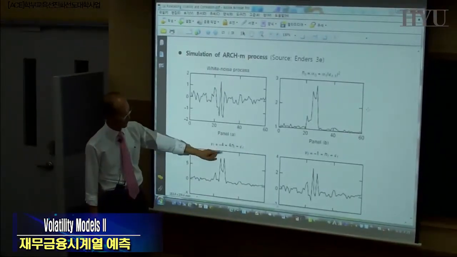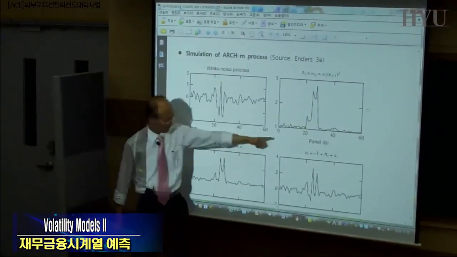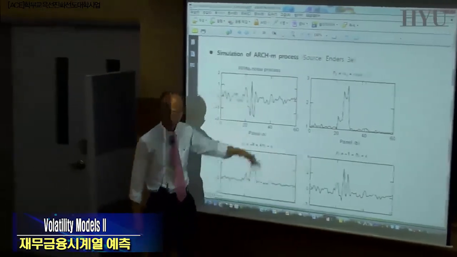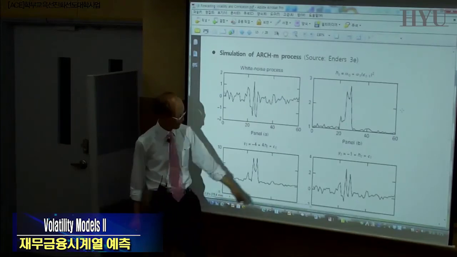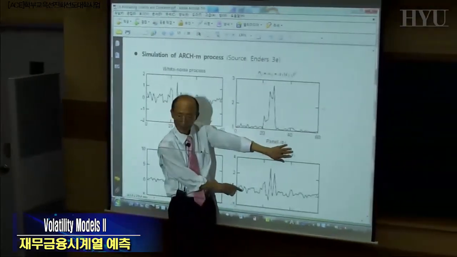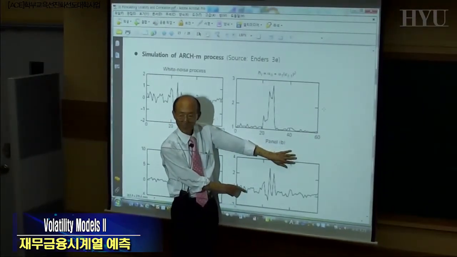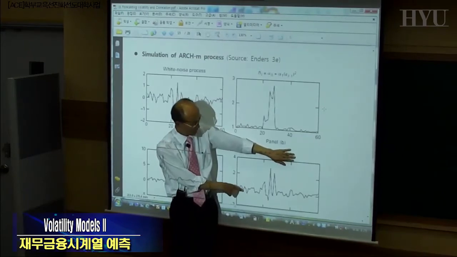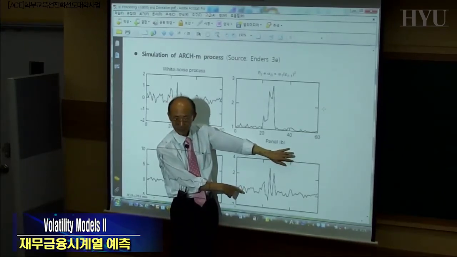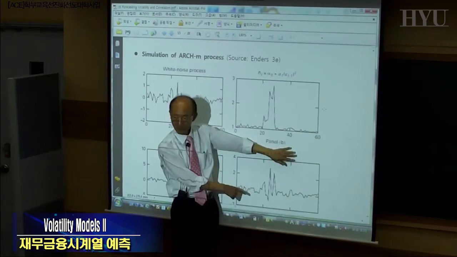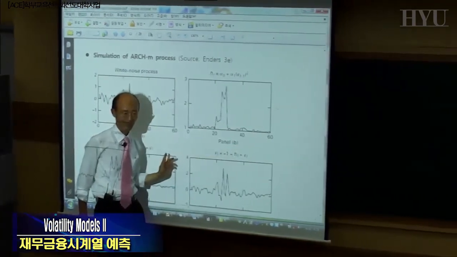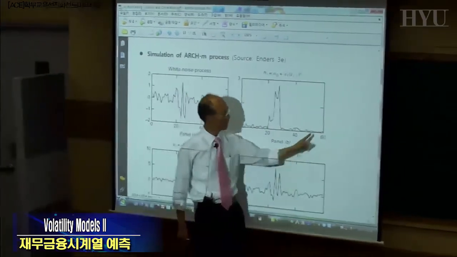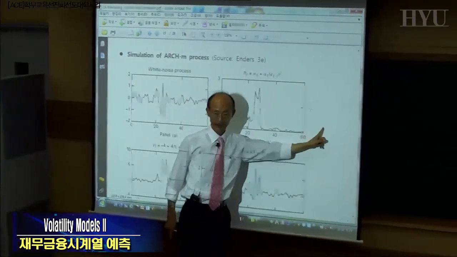Of course, if you change the parameters, you can generate any kind of process. Right? The thing is, you're observing just this kind of data, right? And you want to test whether there is an ARCH or GARCH effect. What are the parameters? And whether there is a mean effect. Okay. So when you are done, then you can actually forecast it, right?